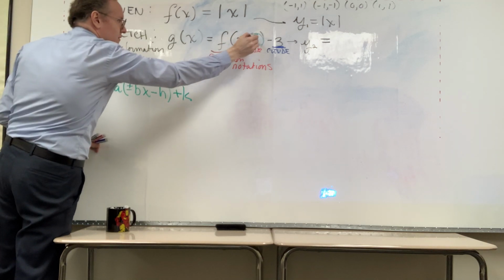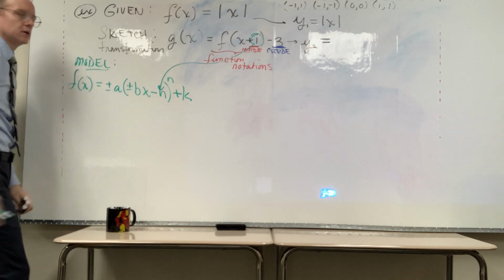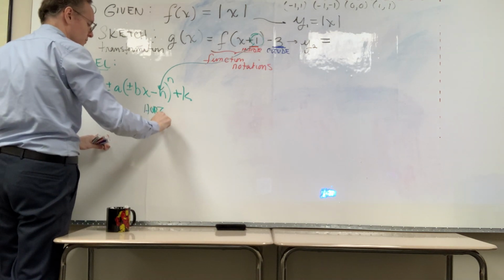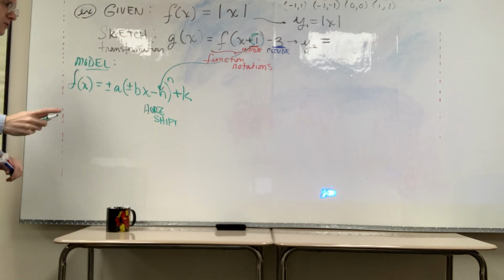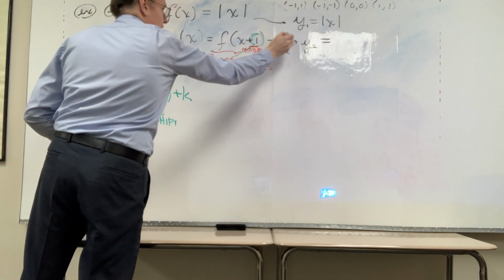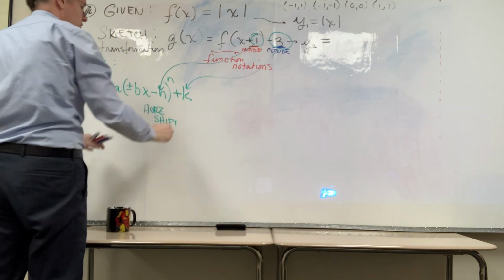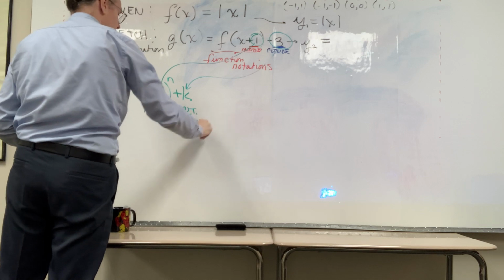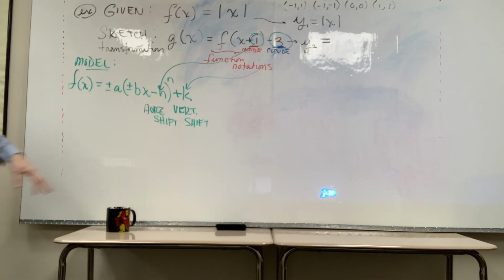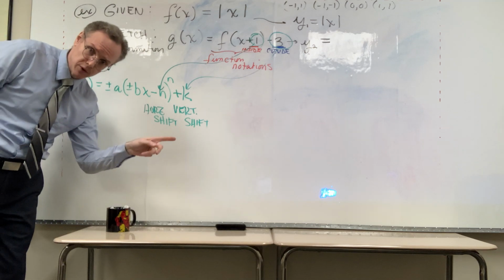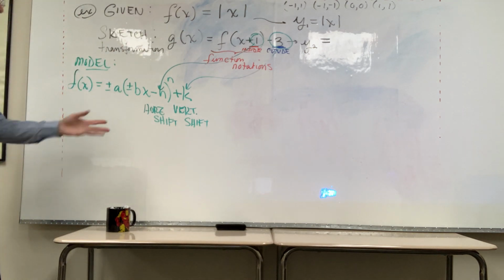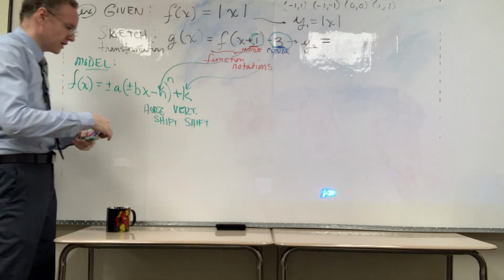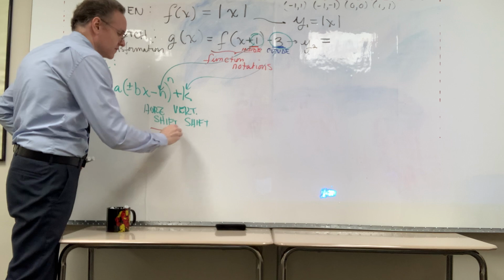As you can see, there's something sitting in the H position. So therefore we have a horizontal shift, it seems. And simultaneously, there's something outside here that's in the K position. So we have also a vertical shift. Not too complicated. Just remember, the horizontal shifts are counterintuitive, the signs. The vertical shifts are thankfully intuitive, they're fine. But these are the things that we're going to expect to have some effect